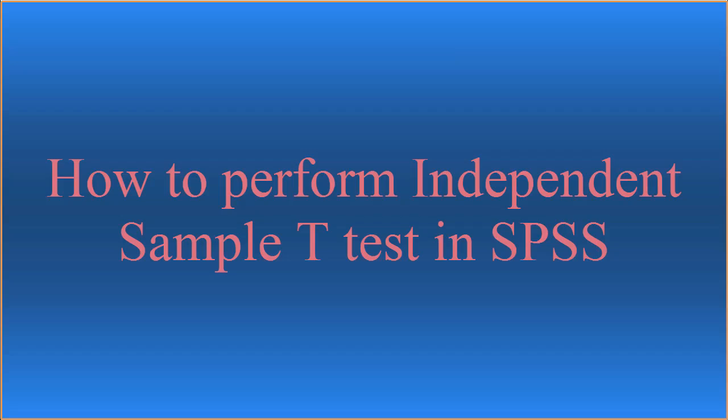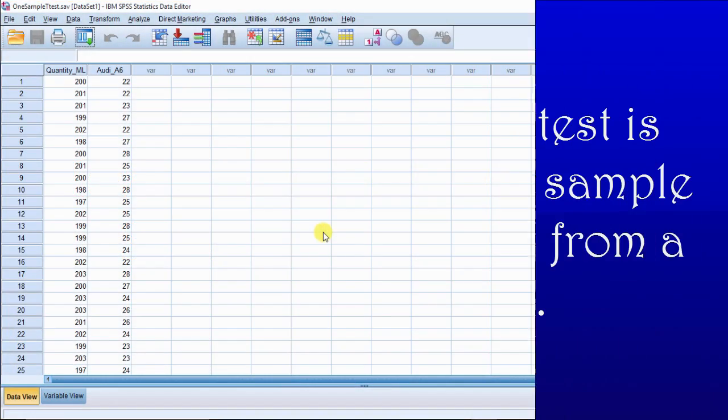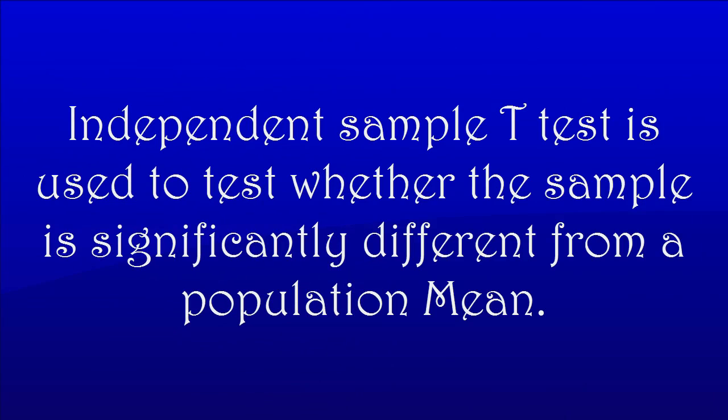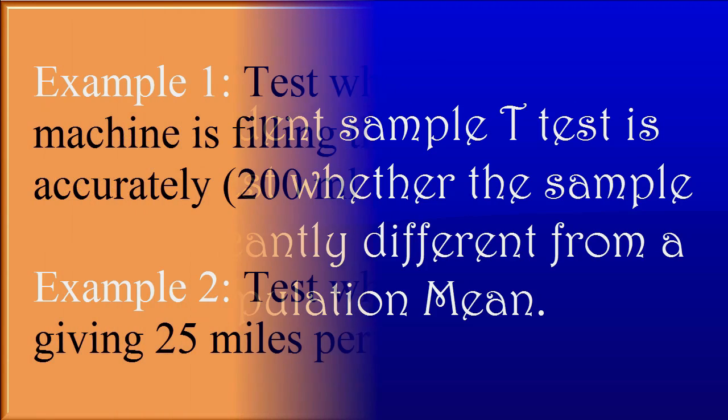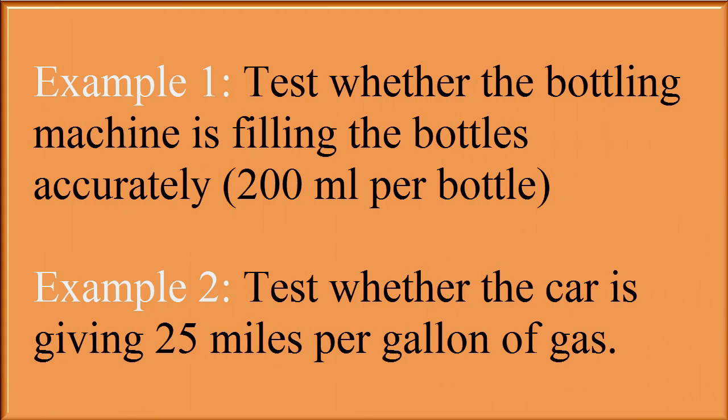An independent one-sample t-test is used to test whether the average of a sample differs significantly from a population. This test is used when you have a random sample and you want to test if it is significantly different from a population mean. For example, a bottling machine is used to fill soft drink in bottle sizes of 200 ml. To know whether this machine is filling the bottles accurately or is there any deviation, you can use one